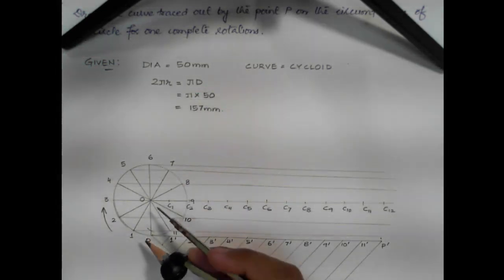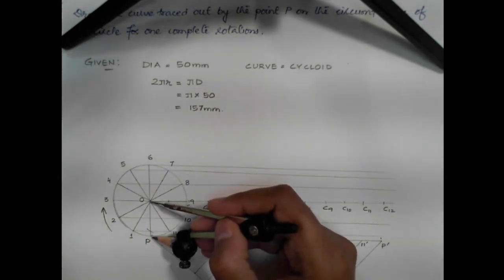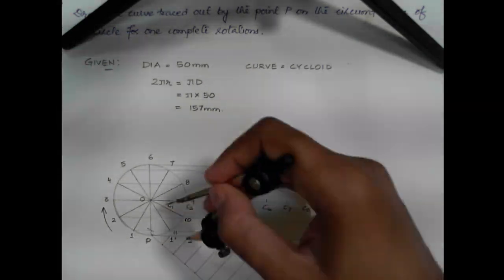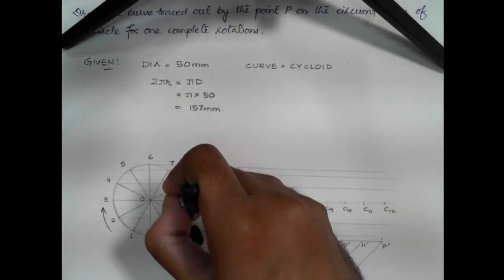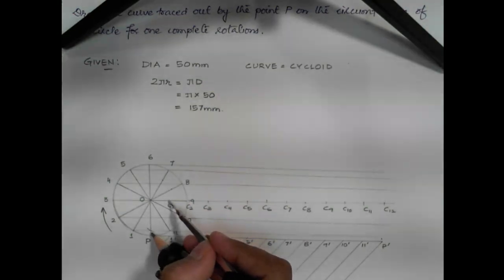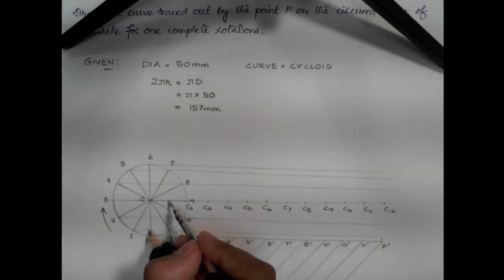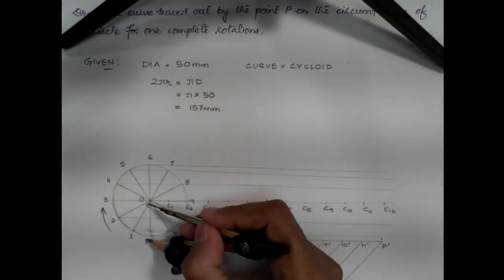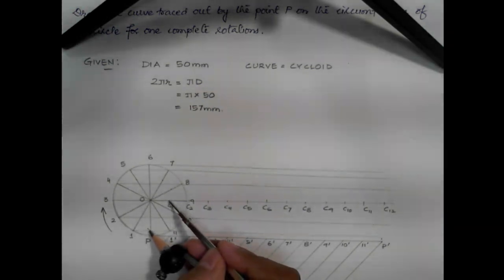I'll tell you why. Generally, what students make a mistake is, they take the distance OP and then cut at C1. This is wrong. The direction has to be southwestern, right? Southwestern. So if you take OP, then at O1 you take the direction and again at C1 and cut. I am cutting the construction line which is passing through 1 and 11.